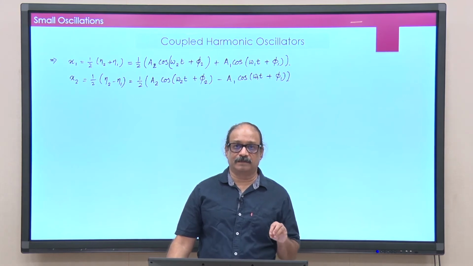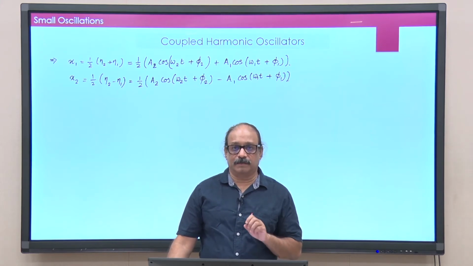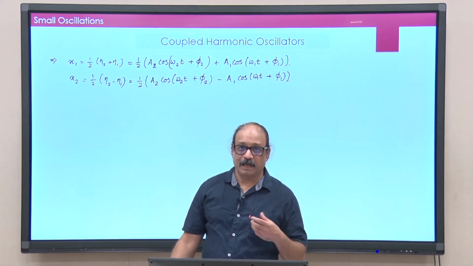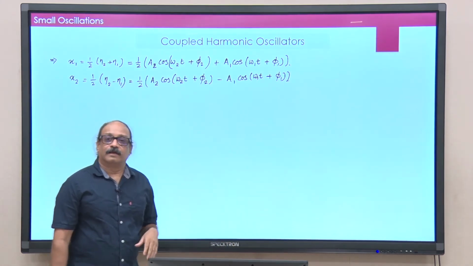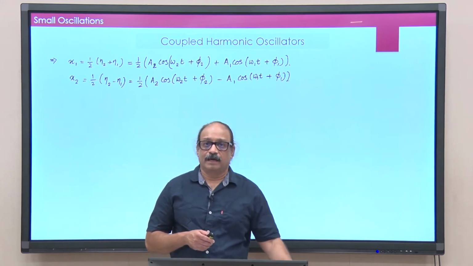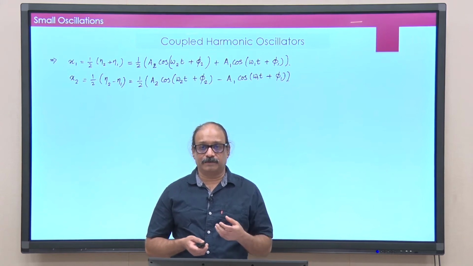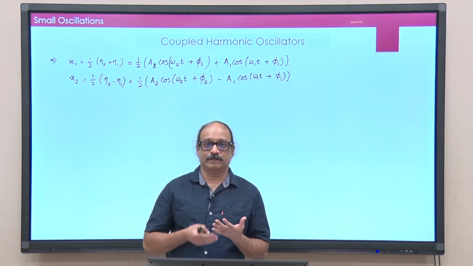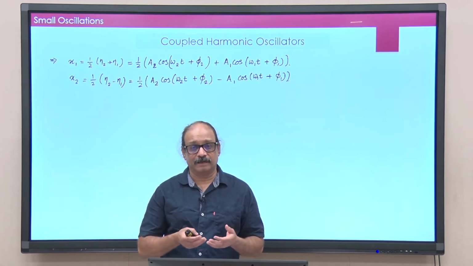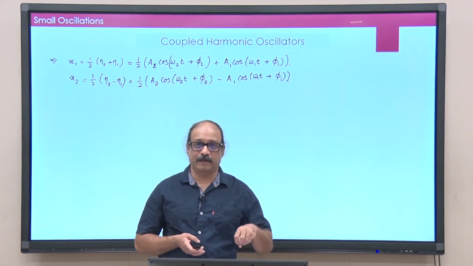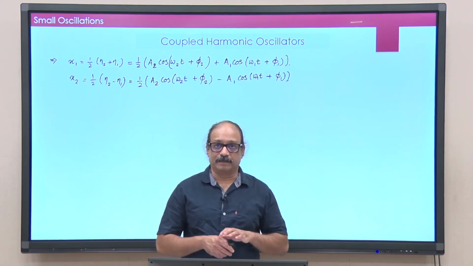So, you see we have completely solved the problem now. We have got x 1 and x 2 as a function of t, and there are 4 constants here, a 1, a 2 and phi 1 and phi 2, and how do I determine these 4 constants? That of course is determined by how the initial conditions are set. So, initial conditions would be at t equal to 0, I must tell you what was the value of x 1, x 2 and their corresponding speeds. If I tell you that, I will be able to uniquely determine a 1, a 2 and phi 1 and phi 2, and that basically completes the solution.